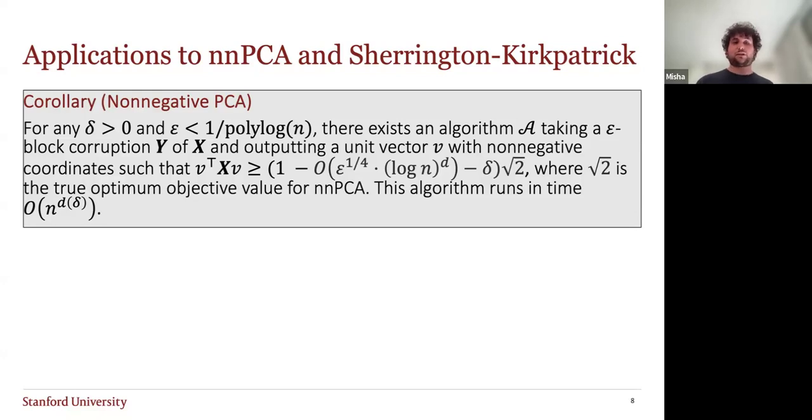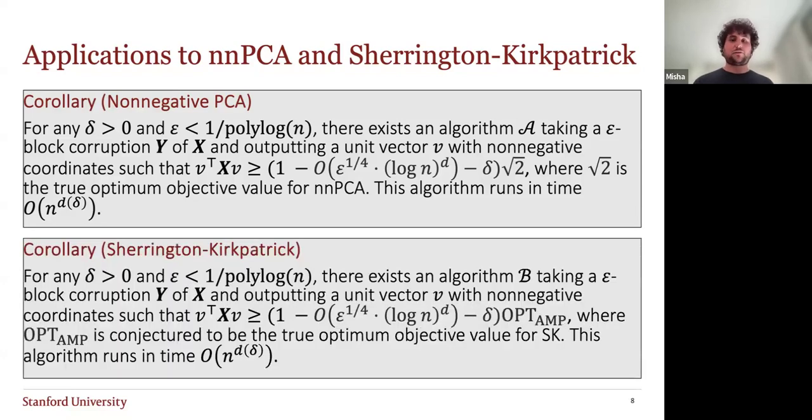And the runtime of this algorithm, again, depends on delta, but for fixed delta, this is polynomial time. Similarly, for Sherrington-Kirkpatrick, we can also construct an algorithm which takes this block corruption y of x and outputs a unit vector, which gets almost the same as the optimum AMP value. So we're outputting a vector v such that v transpose xv is at least 1 minus epsilon times the optimum